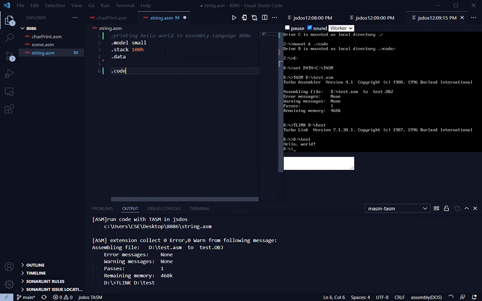In the data segment, here is one text, and this is defined byte. So this is the hello world. We are terminating it by the $ sign. So this is our data, the hello world, and in the code segment here main